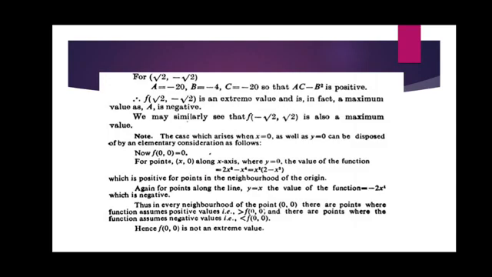So here we say that at 0 comma 0, it wants some consideration and it is doubtful. We can't say either maximum or minimum at the point 0 comma 0, but at the points root 2 comma minus root 2 and minus root 2 comma root 2, it will be the maximum value. Now we see a note, that is the case which arises when x is equal to 0 as well as y equal to 0 can be